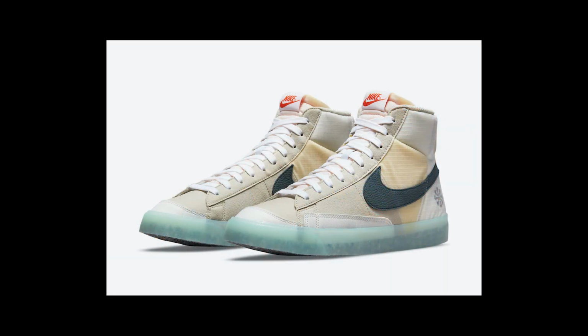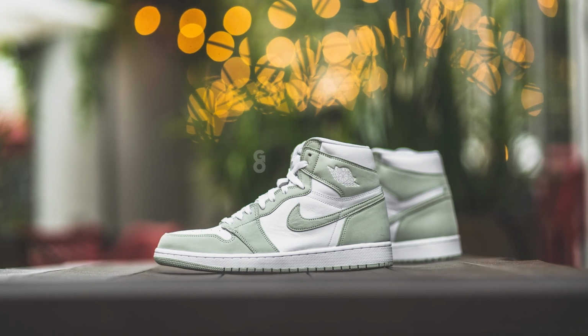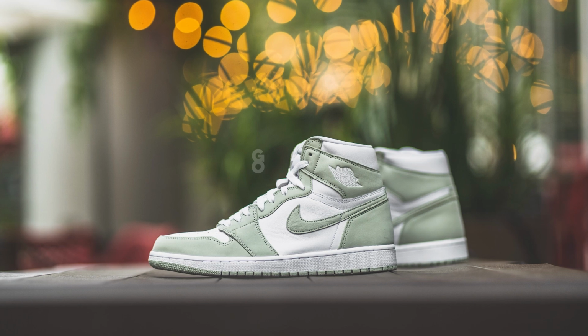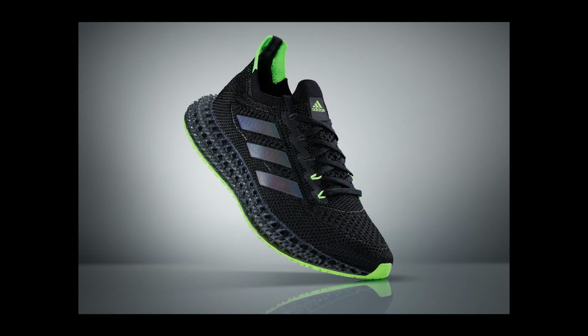Aside from that, I got a pair of the Nike Blazers in the Move to Zero colorway. It kind of looks like an off-white Blazer, so I was very curious to see those in hand. I haven't got them yet, but I ordered them on Nike.ca. I got a pair of the Air Jordan 1 Seafoams. Those are a beautiful, beautiful shoe, so I'm working on the review on that as we speak. And then Adidas sent me a pair of the 4D Forwards in the black and green colorway,